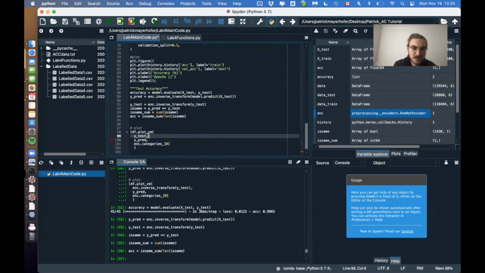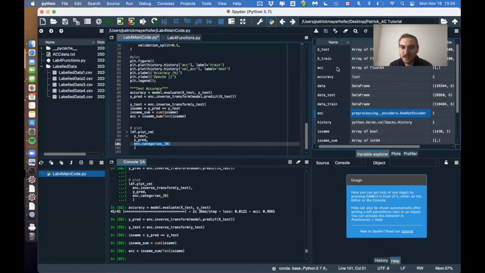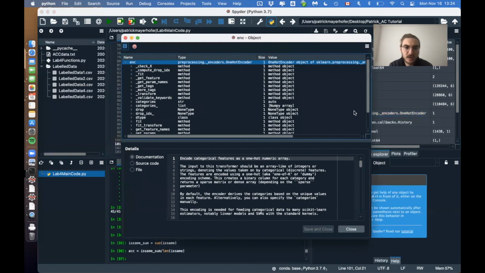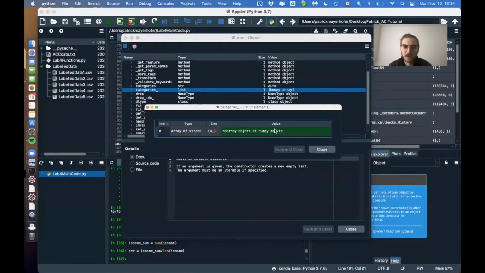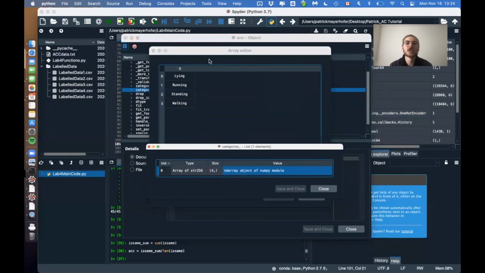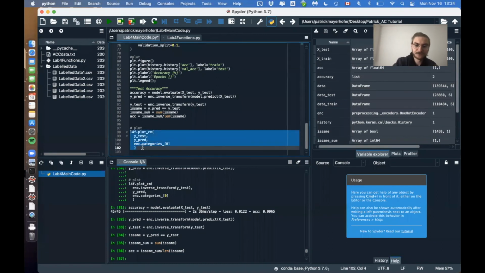Okay, so it needs as an input y-test, so this is the actual activities, then the predicted activities, and then it needs to know the categories, all the categories that were actually in this whole experiment. And this is in this variable here that we created before already. And if you go on categories here, there we go. So if I click on this and then on this here, those were all the activities that we had in this experiment. So we had lying, running, standing, and walking. So if we run this here,